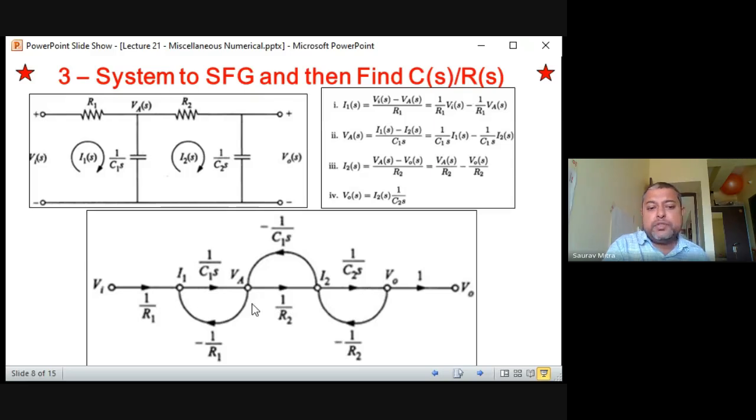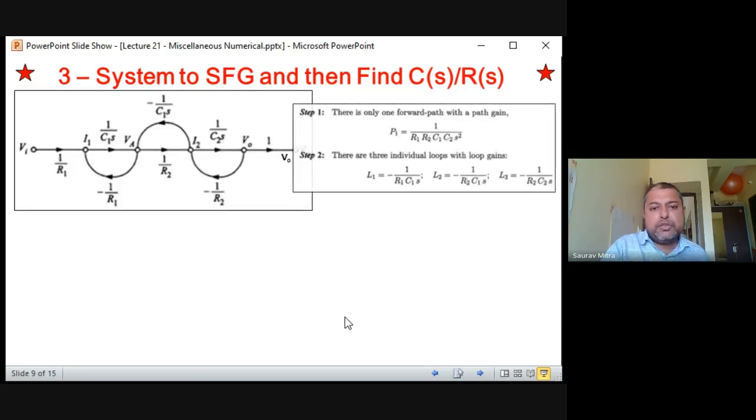And you are finding there are three loops. So the denominator will be 1 plus this loop plus this loop plus this loop, and you are finding that the first and third loops are non-touching. So there will be five components in the denominator: 1, the individual loops, plus the two non-touching loops pair. The first and third loops are non-touching, because the first loop has these two nodes, the third loop has these two nodes, and there is no common node for the first and third loops. So that is all. I'll show you the final answer.